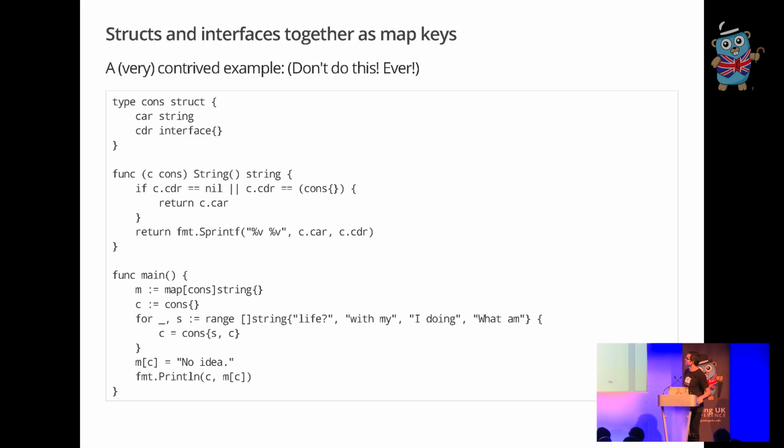And here's an example that's quite silly and very contrived, and you should never do anything like this ever. I have this type cons, which is like a Lisp cons cell. It has a value and then a tail, car and cdr, as they're called. And it implements String, which flattens it out. But I have this main function which has a map of cons to string, and I am